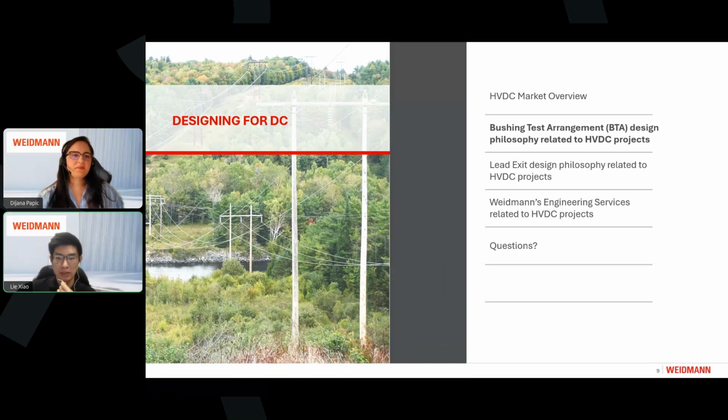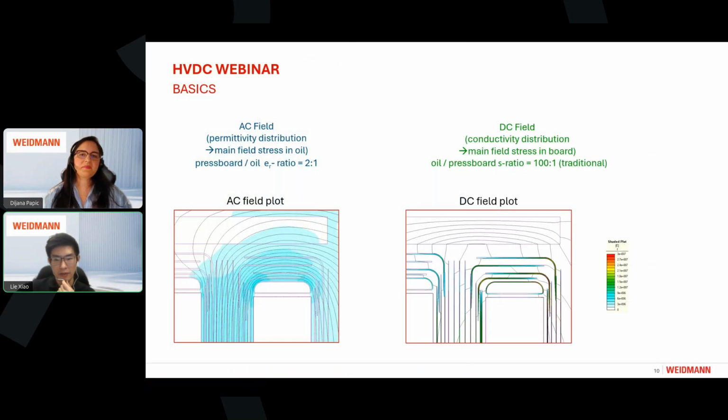So, okay, for AC and DC, from the power system point of view, the fundamental distinction lies in the time variance of the waveform, because AC continuously cycles its magnitude and reverses direction. So we have this 50 and 60 hertz, while DC maintains a constant and unidirectional flow of the current. The fundamental distinction between AC and DC for the transformer insulation design lies in the material properties, which dictate the